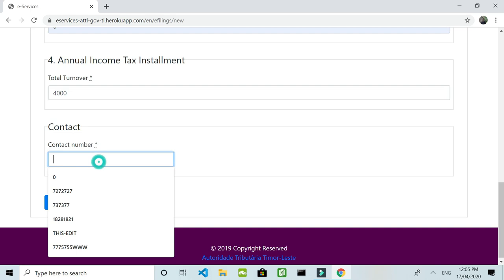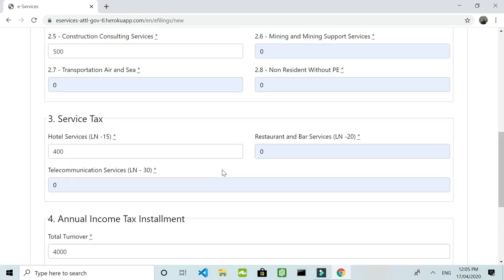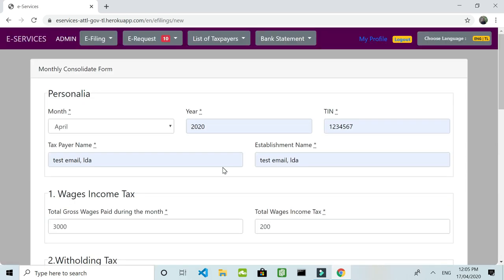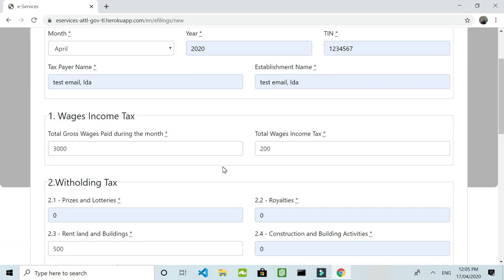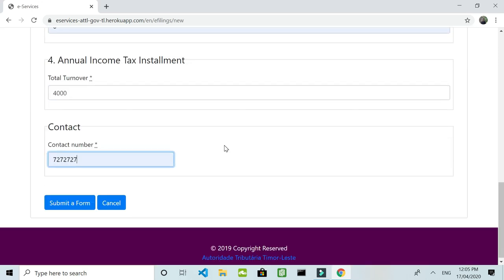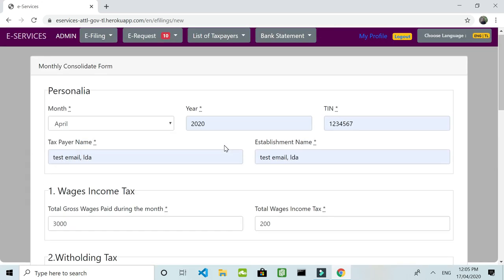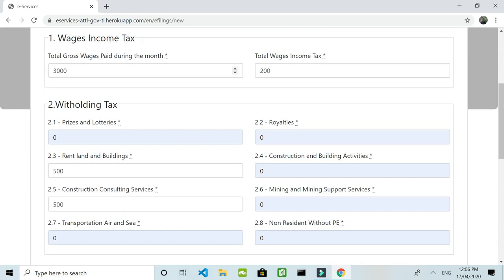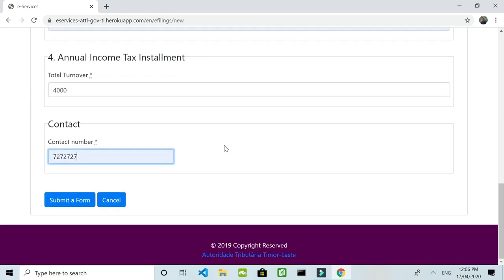And then you just put the contact number, and make sure that you check all of these fields before you actually submit. This is very important in order to make sure that your data is accurate and there are no changes. So when you hit the submit button,